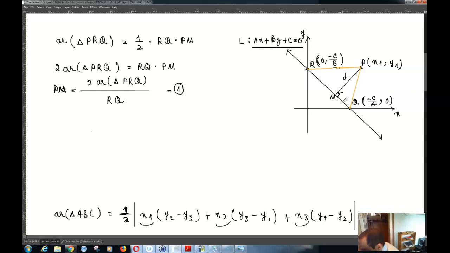Otherwise we don't want to have something like the area of a triangle right in the middle of this formula. That would make no sense. So we have to somehow break it down. So I write this as